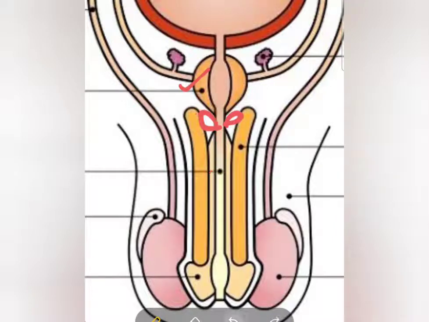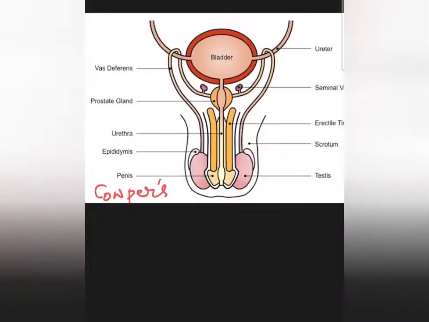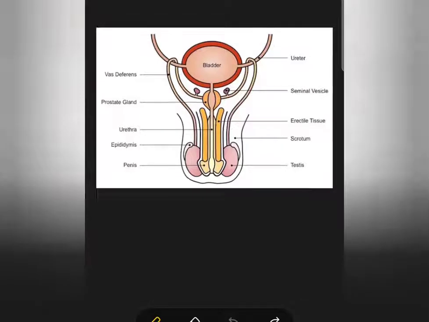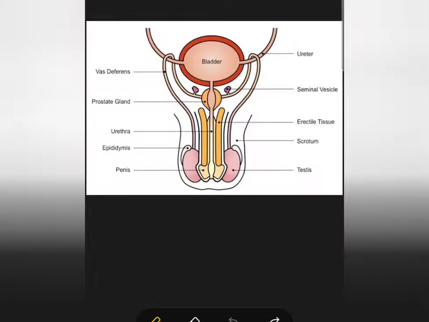Okay, so I hope these three glands that we were talking about, the seminal vesicle, the prostate gland, and lastly the Cowper's gland, are clear to you all. You have to learn the functions and locations of these three glands very well, and they're important for 1 or 2 marks questions. So this is all about the important parts of the male reproductive system, their locations and their functions, and let's continue with the next part of this topic.